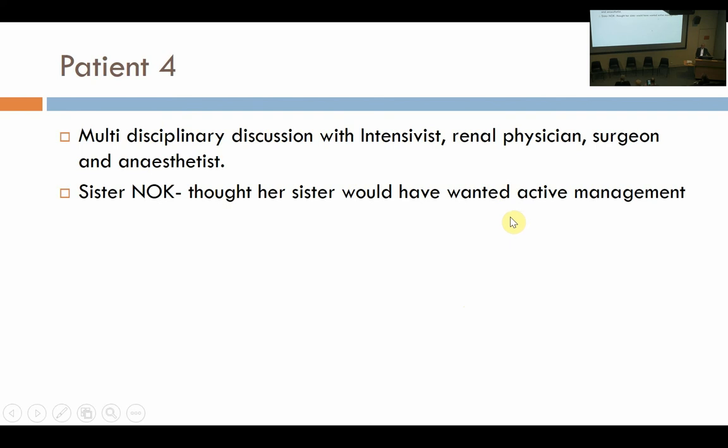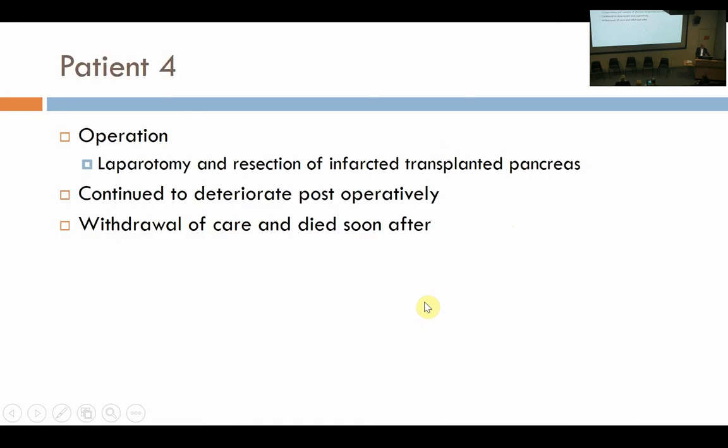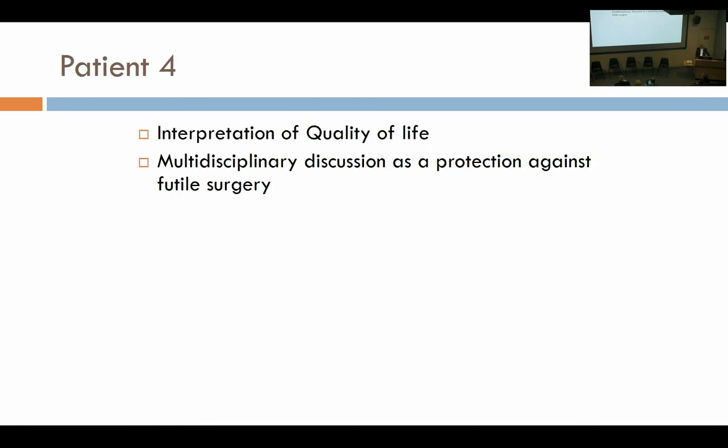Even though she's in a nursing home, she's got significant medical comorbidities, but she had a reasonable quality of life. So that's, again, just from a time perspective, the reason I was criticized was I operated on this patient. I resected the transplanted pancreas, but she continued to deteriorate, and then we decided to pull out, and she died straight after. So really, interpretation of quality of life, and one of the things that I've heard is that